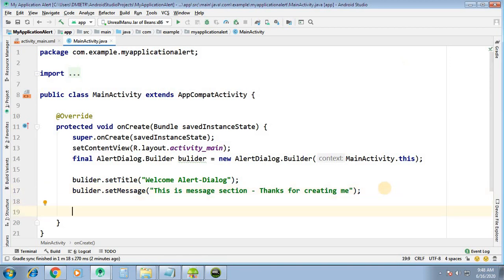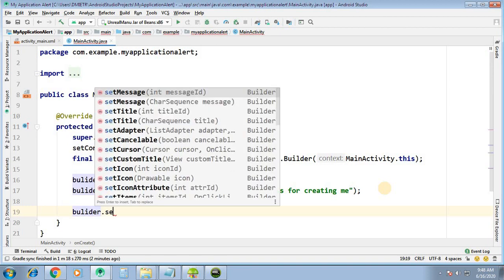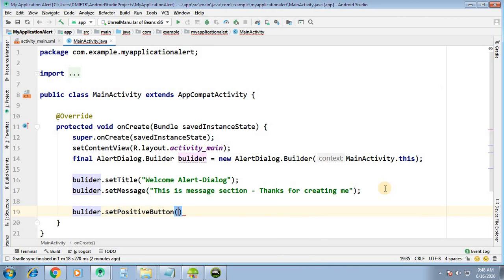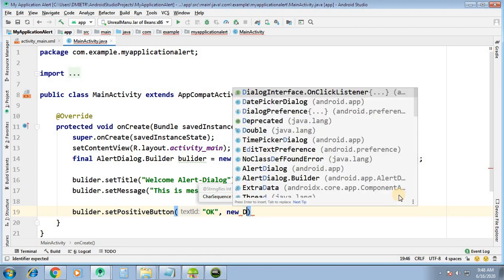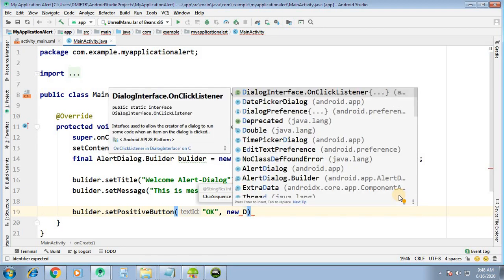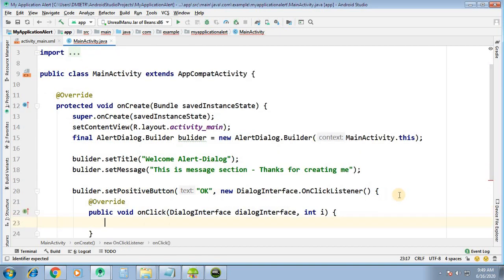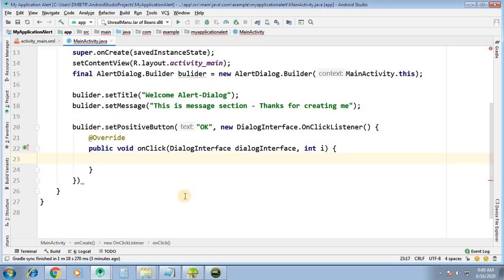Now we have to set the positive button. So builder.setPositiveButton, then the name of the button, and new DialogInterface.OnClickListener. So what should happen when we click on the OK button?